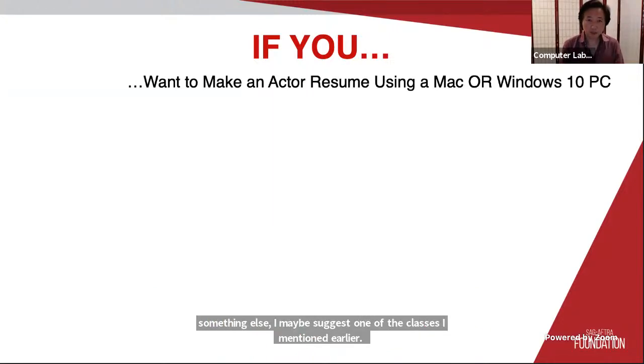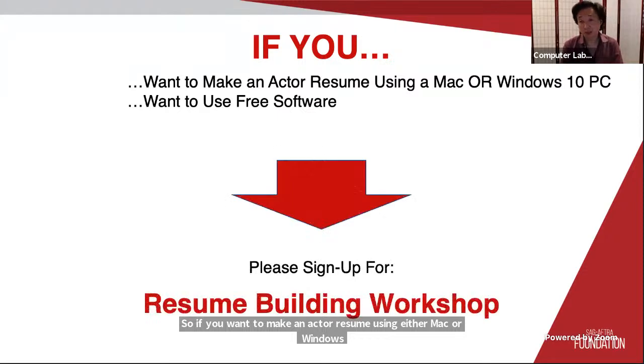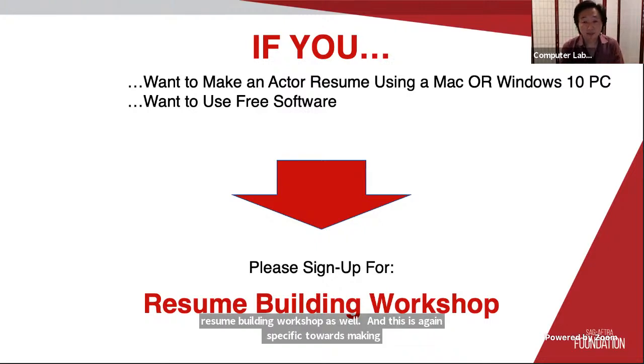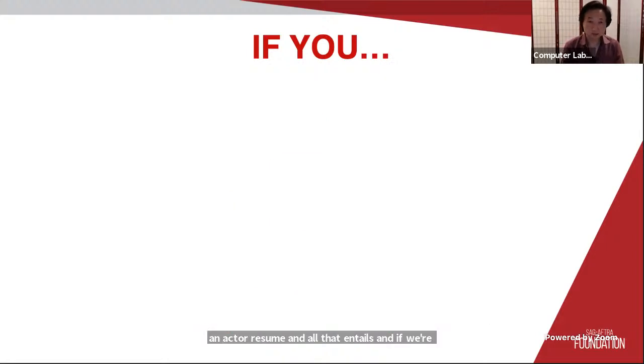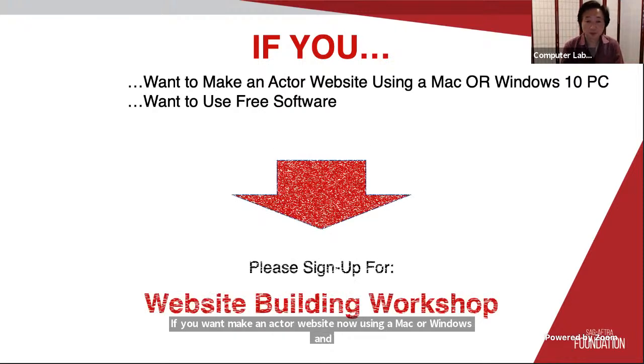So if you want to make an actor resume using either a Mac or a Windows computer, and also want to use free software, we have a resume building workshop as well. And this is, again, specific towards making an actor resume and all that entails. And if you're interested, please sign up for that class. If you want to make an actor website now using a Mac or Windows, and that's also free, you'd want to sign up for website building workshop.